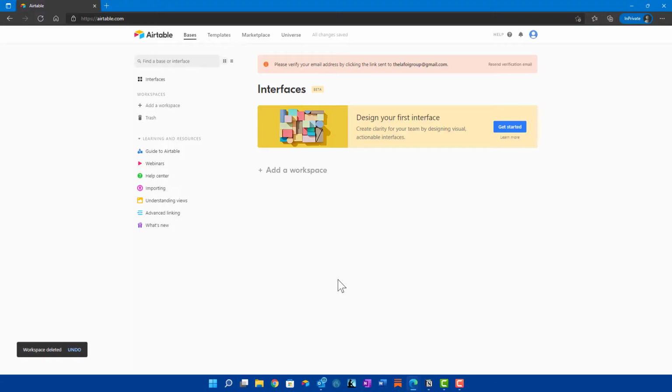And today we're going to take a beginner's look at Airtable and have this tutorial so you can see exactly what this app does. So I've been using this app for several months now, and I remember what it was like the first time I opened it up. It's just a blank page and you're thinking to yourself, what do I do? Where do I start? That's why I want to put together this quick video and give you an Airtable tutorial